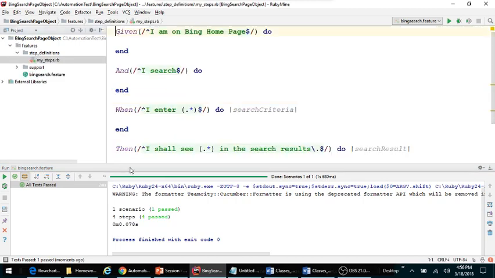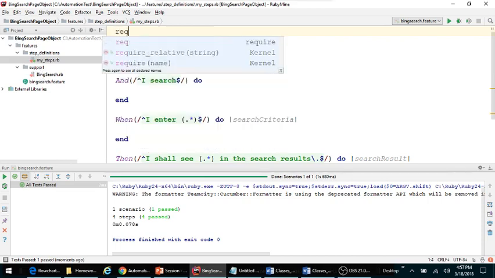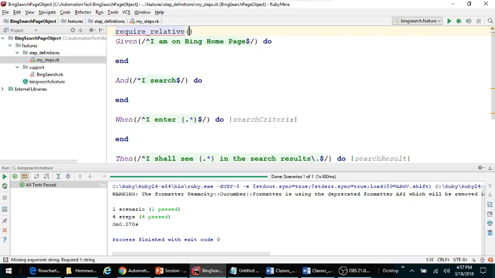So first thing you need to do is open my step definition file, and first thing you need to refer is where is your class located. Without that you cannot create the Bing search object from this step definition file. So here I'll specify a relative path for the class file, which is located in the support directory, the Bing search class. So as soon as you type in require_relative, you can specify the double quotes, and then